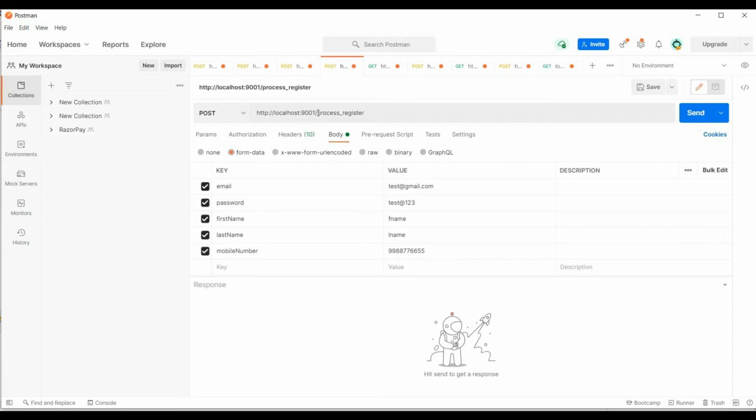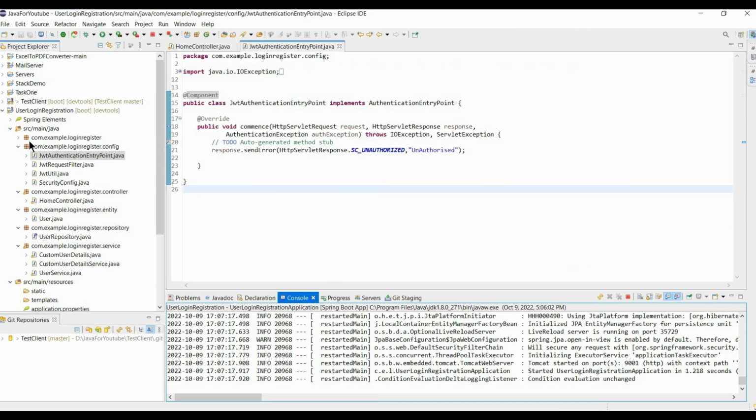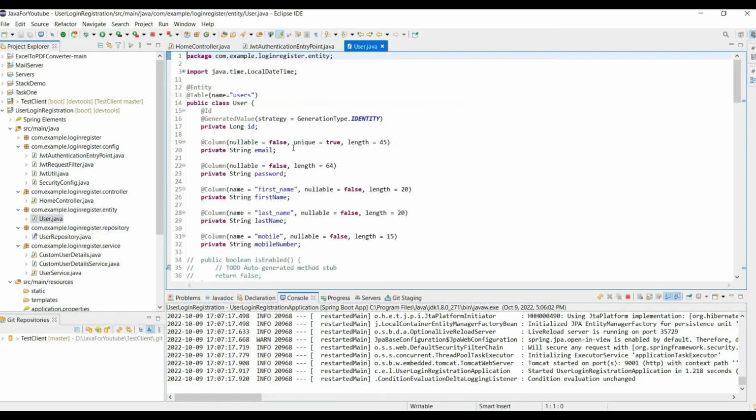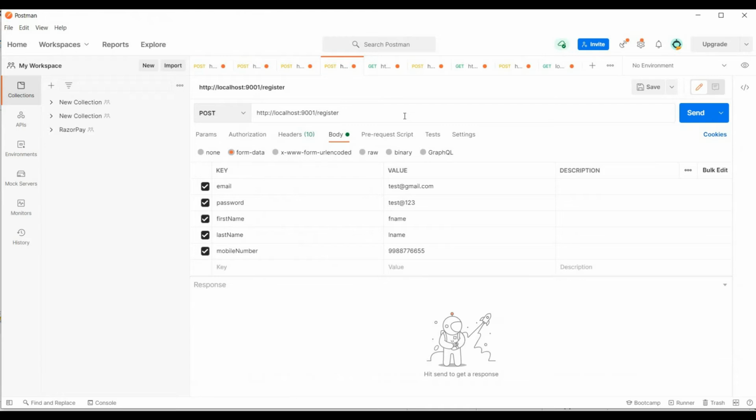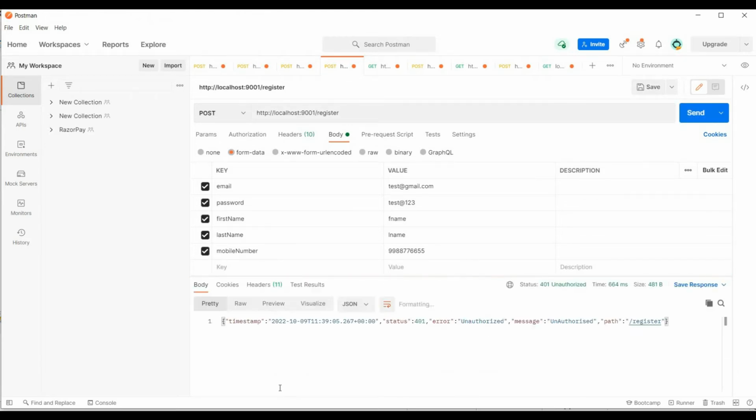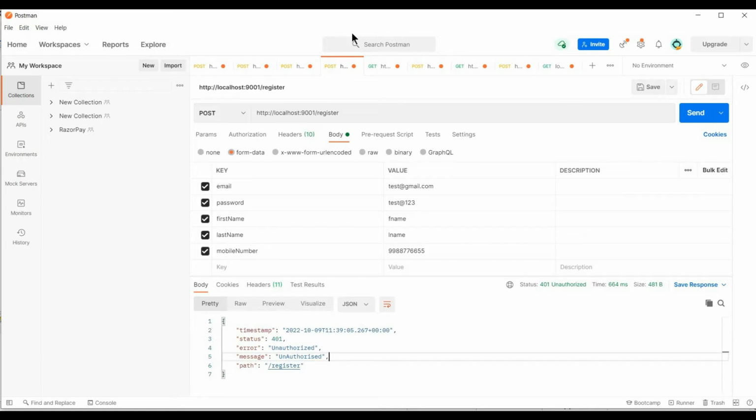These are the fields that I used in my previous project, so I will use this one right now: email, password, first name, last name, mobile number. Yeah, everything is the same. Let me hit send. Okay, I'm getting unauthorized, and the reason will be